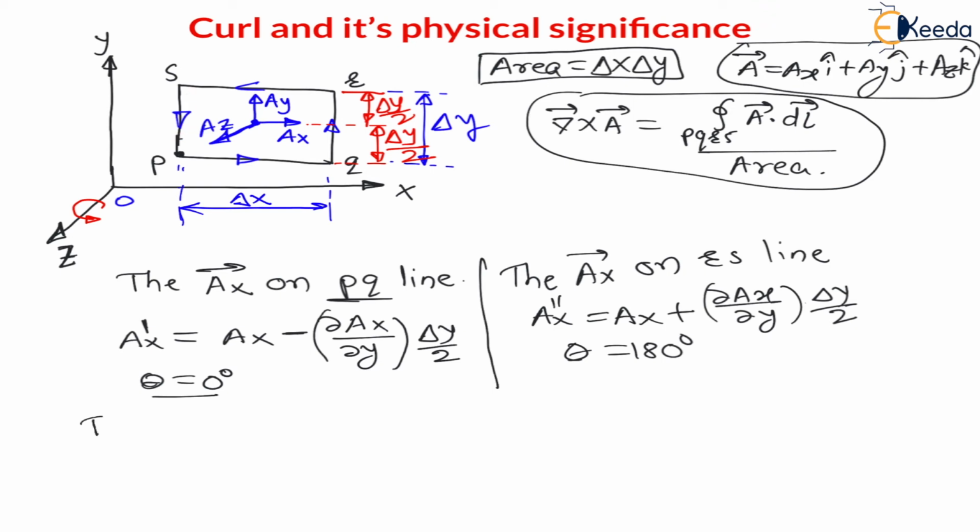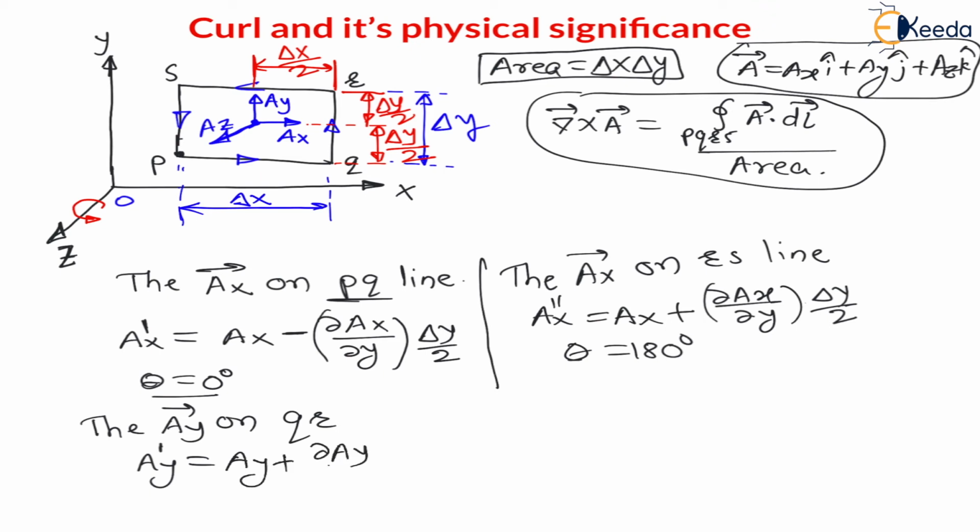So similarly, we can say the Ay on, let us say, QR, right? Now very simple understanding. Let us say it is Ay dash. See, my dear students, at center it is Ay, but for QR we are moving towards right side, means towards positive x-axis. We are traveling del x by 2 distance, and right side means definitely this Ay dash will be more than Ay, therefore positive gradient, therefore it is Ay plus change in Ay,